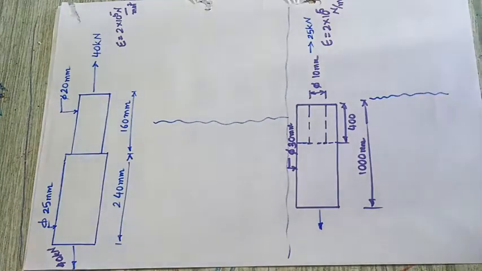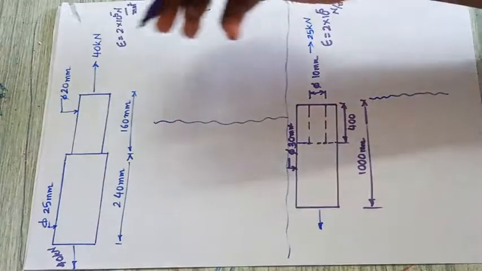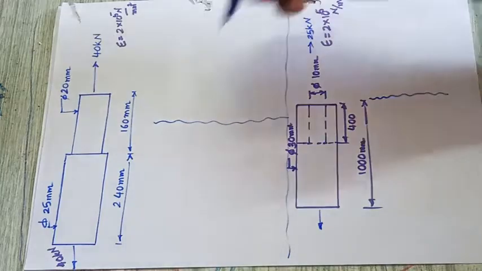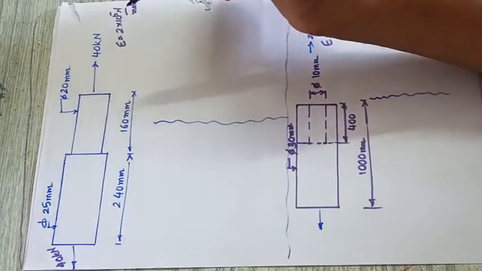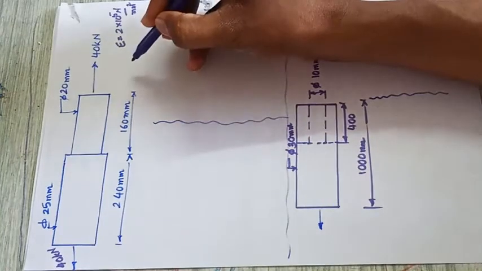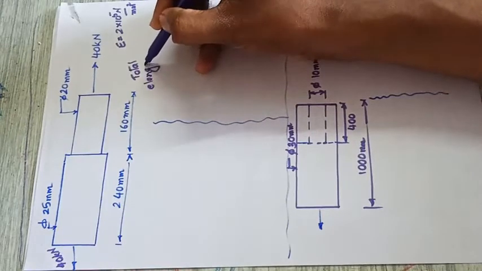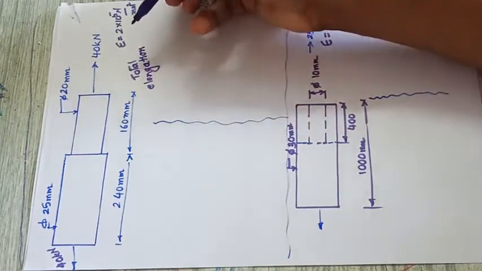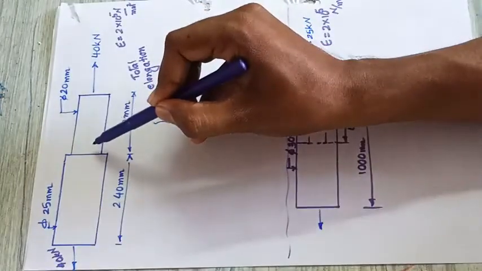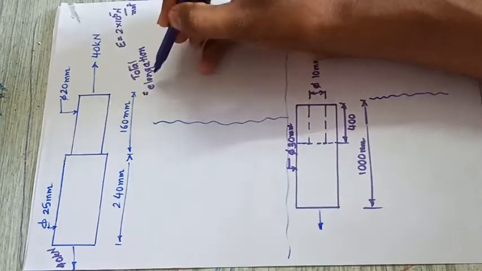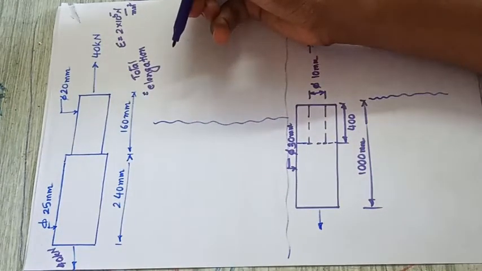So in this video I am going to solve the two problems on the stepped bar. We are calculating the stress as well as the elongation within the bar. Okay, first, for this problem he asks what is the total elongation of the bar, means what is the change in this portion and this portion. If you make the summation of that, that is equal to the total change or total elongation.